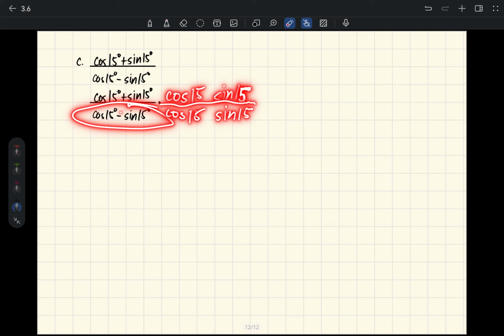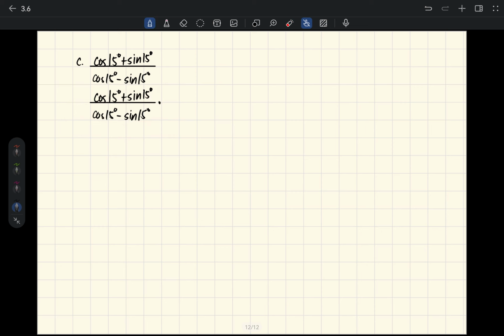In particular, since you have a minus here, you would want to multiply by a plus right here. So we'll multiply (cosine of 15 degrees plus sine of 15 degrees) all over (cosine of 15 degrees plus sine of 15 degrees), so that